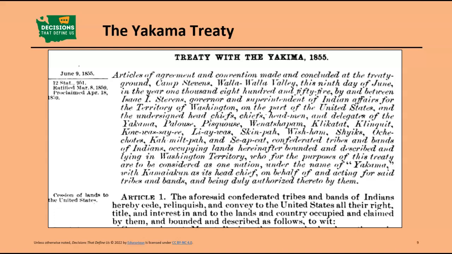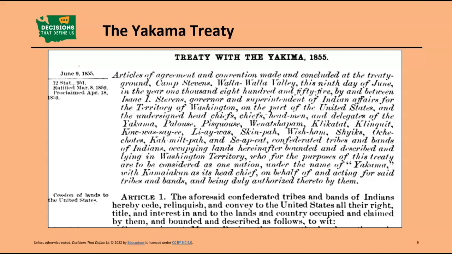Okay, so big piece you got to pull out of here, right? The tribes are losing land. When it says cede, relinquish, and convey, cede is to give away, relinquish is to release control of, and convey means to hand over. So Yakama Confederated Tribes are giving up all of this land that's being described in the rest of the paragraph. Okay. And that's really the most important key piece of this, in terms of what's going on with this treaty,